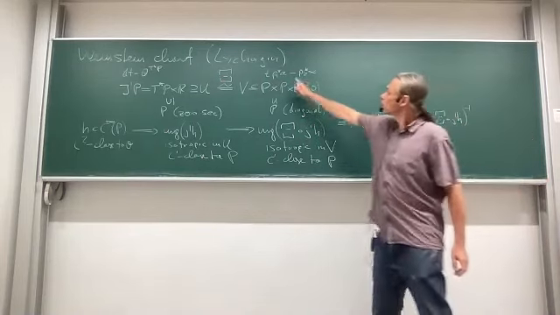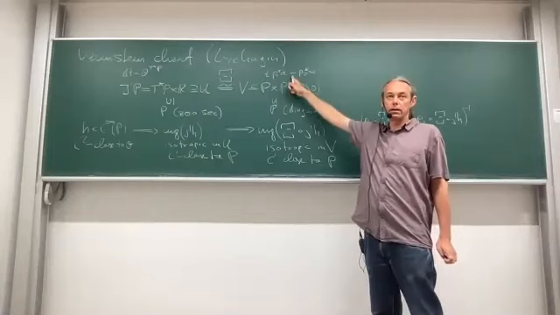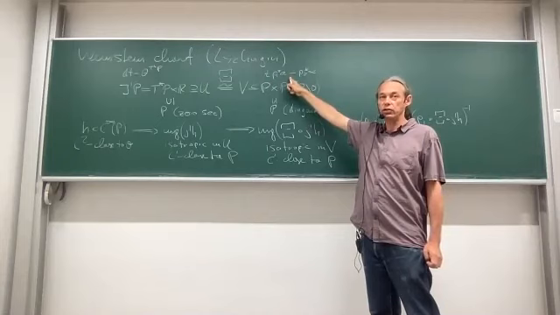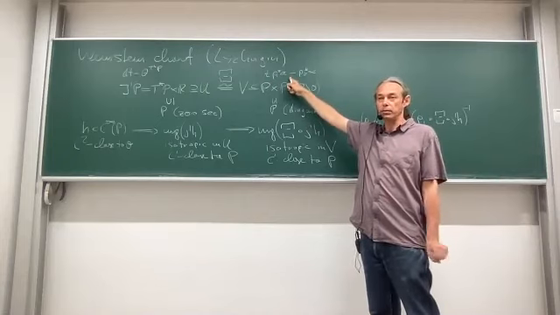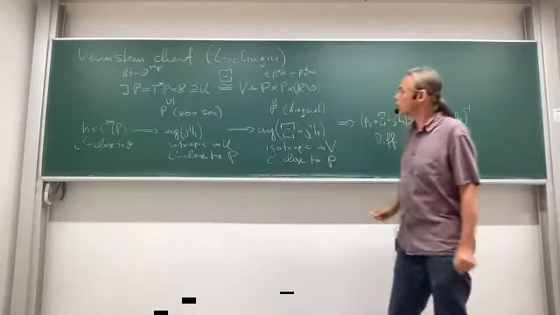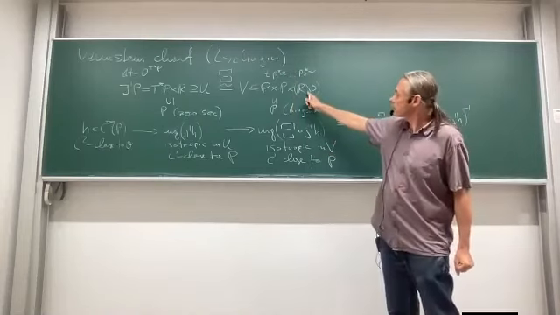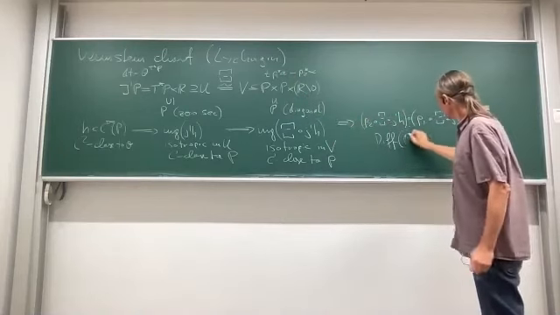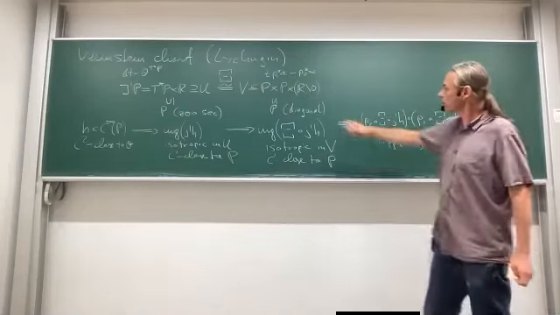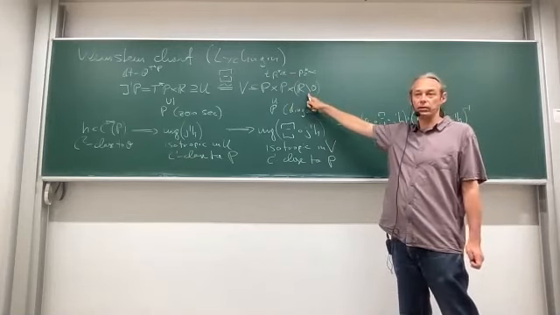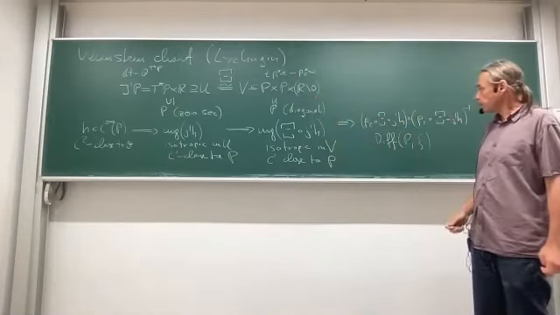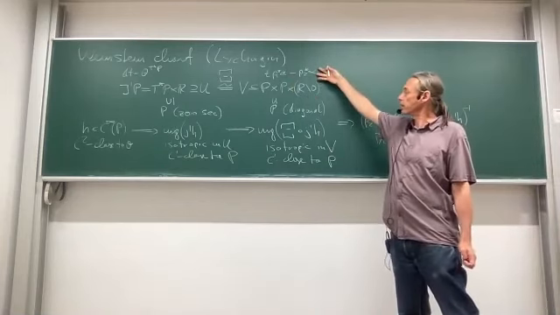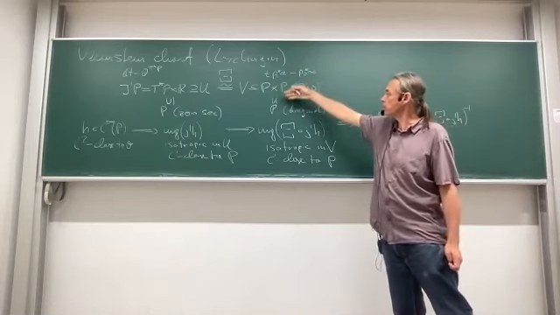And if you look at the contact form here, the image is an isotropic submanifold. If you look at what that means, that just means that this is now a contact diffeomorphism. And this conformal factor is precisely provided by the third component. So it's clear that this is a contact diffeomorphism with conformal factor provided by projecting out the third component. This is the point of looking at this contact structure. We can characterize contact diffeomorphisms as